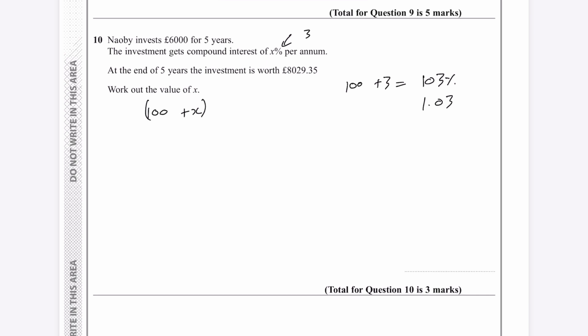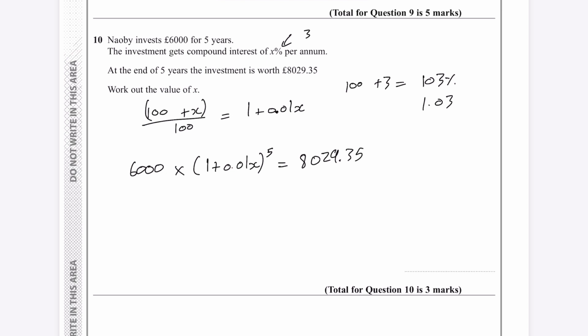Then I would divide this by 100. So that looks like 1 plus 0.01x. These are both the exact same thing, but I've just turned this into a decimal. And then what you do is you do 6,000 times that by this figure in here. So that'll be 1 plus 0.01x, and you raise that to the power of the number of years. And that is equal to